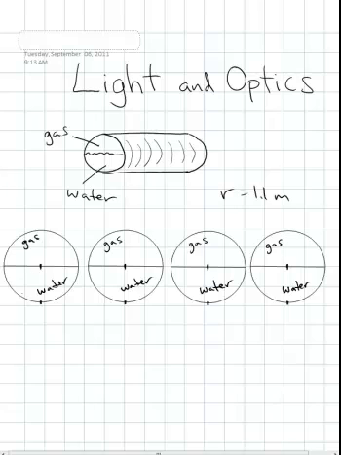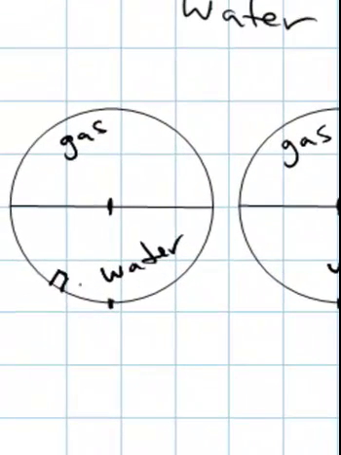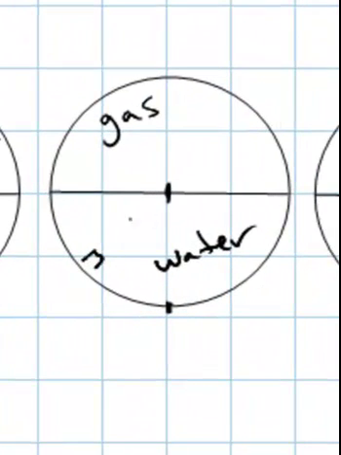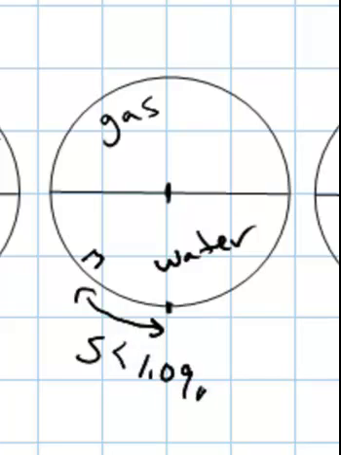So if our little laser is located right here, and it shines its light towards the center of the pipe, because of the difference in index of refraction, there's going to be a change in direction, and it's going to take off in that direction, right? It's going to bend away from the normal. And if we continue to move our little laser out a little further, so that S is still less than 1.09 meters,